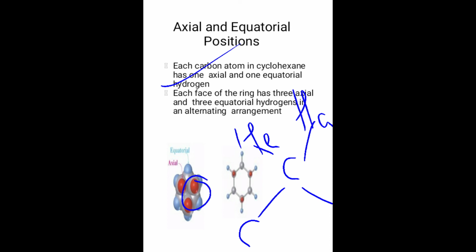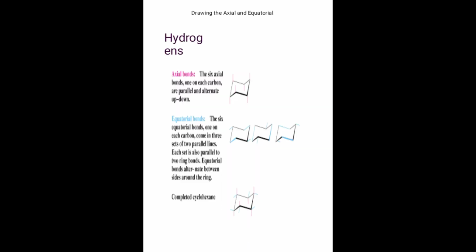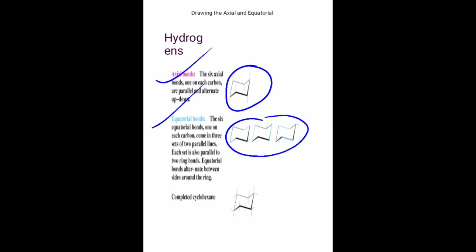So तुम्ही जेव्हा कन्फर्मेशन ड्रॉ करता, you have to draw 6 hydrogen atoms in the equatorial position, 6 hydrogen atoms in the axial position. जे axis मध्ये आहेत, that is the axial. Another one is the perpendicular, or you can say the equatorial position. So प्रत्येक कार्बनवर एक हायड्रोजन ॲटम हा इक्वेटोरियल असतो, दुसरा असतो हा ॲक्सियल पोझिशनला प्रेझेंट असतो. So this pink color, that is axial bond, this blue color, that is the equatorial bonds.